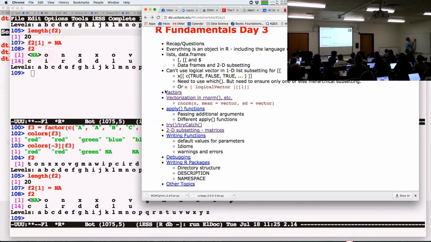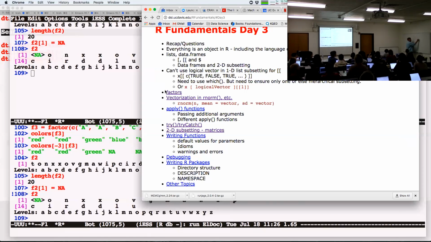We can quite happily say M square bracket, and drop out the first column here. This gives me back everything but the first column. It'll remove this, but it'll give me back all those columns and all the rows. Life's fine. No problem. Give me back all of the values. And I can use names. They have column names and row names.